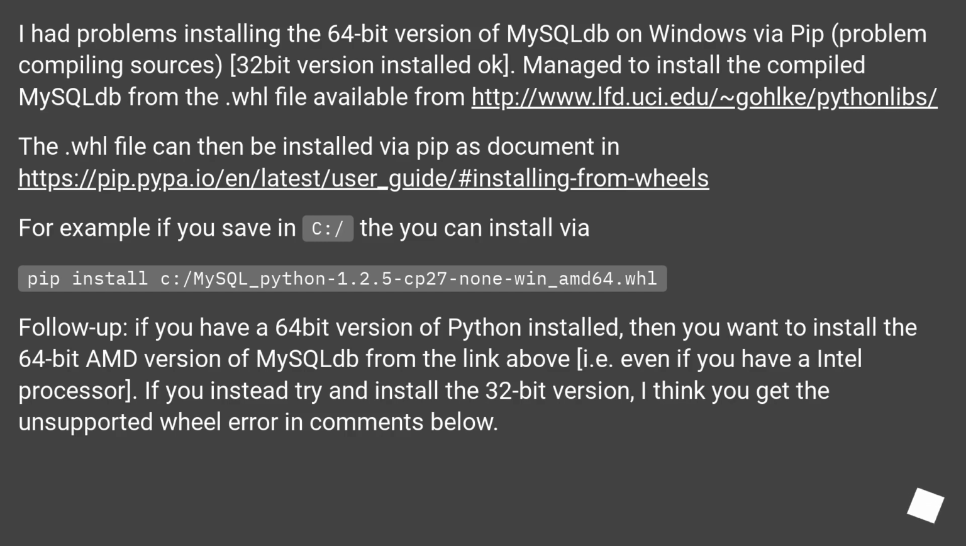I had problems installing the 64-bit version of mysql on Windows via pip, problem compiling sources; the 32-bit version installed OK. Managed to install the compiled mysql from the WHL file available from this URL. The WHL file can then be installed via pip as documented in this URL. For example, if you save in C:, you can install via pip install C:/mysql_python-1.2.5-cp27-none-win_